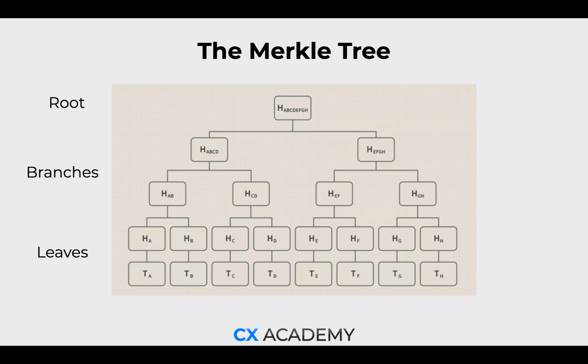Okay, so the leaves, along the bottom, we have transactions represented by T. Okay, then we have the hashed value of those transactions, so TA becomes HA, paired with another transaction, for example TB to HB. When hashed again, they become HAB, and as the Merkle tree grows, we can see this